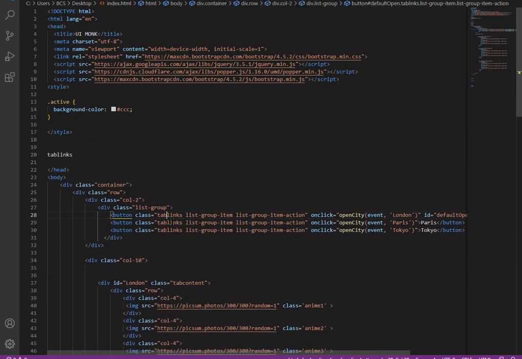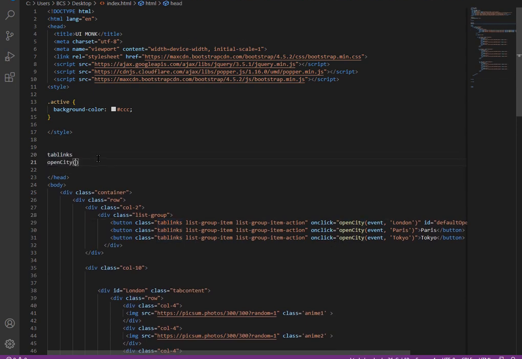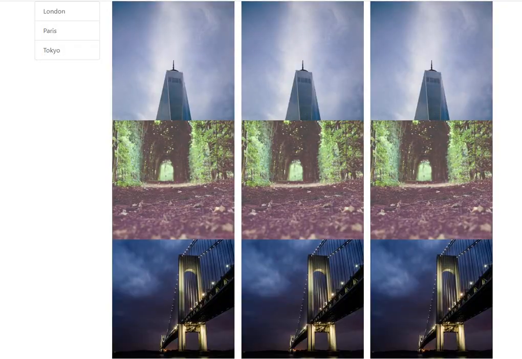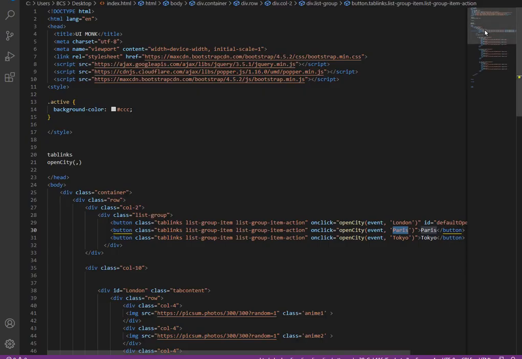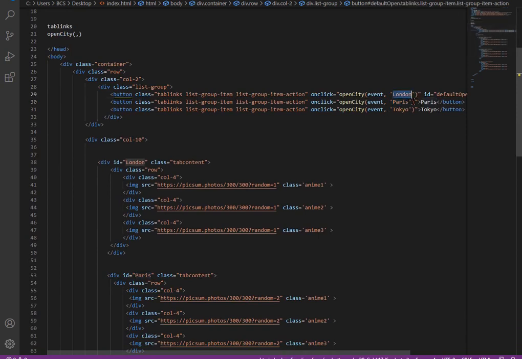Just notice the tab link, and then get into the function called OpenCity. If you see OpenCity, there are two arguments passed. This is really important. You can give any name. I'm just giving event so that we can identify which button we have clicked, and the second one is the identifier. We have three buttons, and we have three different sections of images, and to identify them uniquely, I have given the first event.